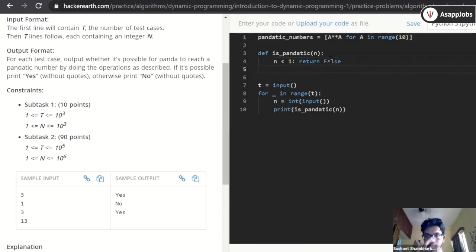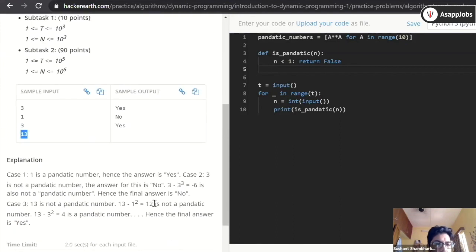Yeah, so then we need to perform a calculation on that number, right? So need to calculate new number and then make a recursive call on the remaining numbers. So if the root node of the tree is 13, you can have 2 children of this 13, right? So one child will be 12, that is calculated using subtracting 1 square, and the other child will be 4, that is calculated by subtracting 3 square, right? And then that tree can go further. 12 will have 2 children. So one is calculated by subtracting 1 square, and then another one which will be calculated using 2 square. And it can go further.